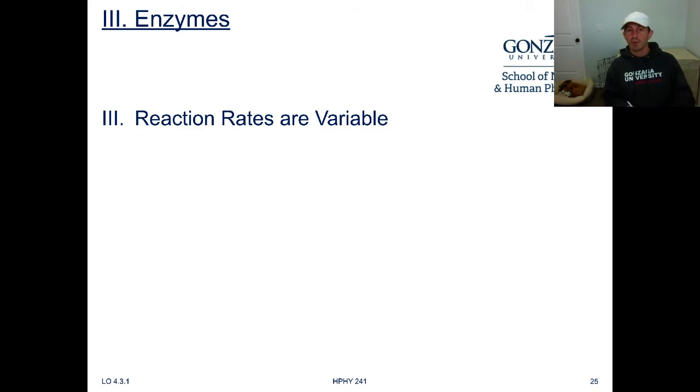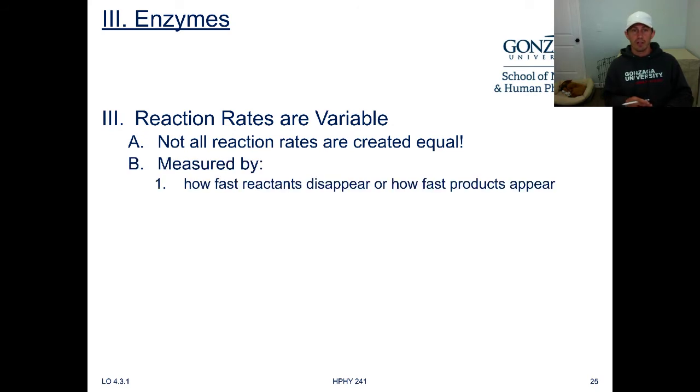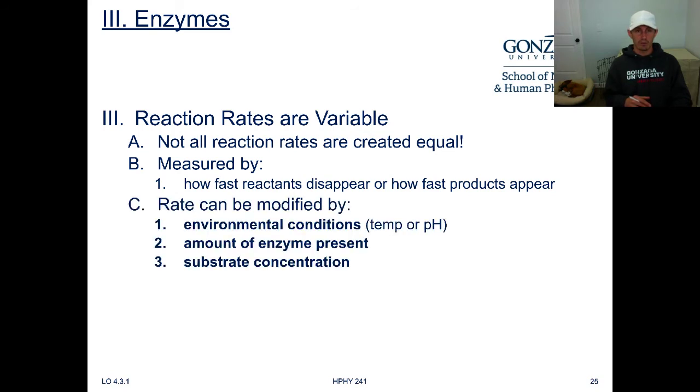I've mentioned this before, reaction rates are variable. Not all reaction rates are created equal. Okay? So how we measure the rate at which reactions occur, I've alluded to a few of these. So how fast the reactants disappear or how fast the products appear. Okay? And no matter what, almost every reaction can be modified by